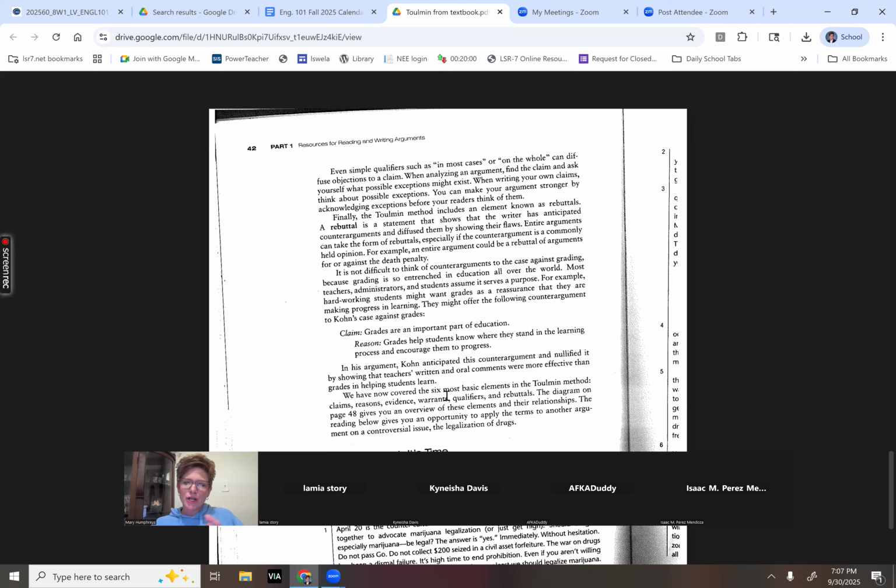Okay, so the Toulmin model is much different than the Rogerian model, right? In Rogerian, you're trying to get to that shared common understanding. Here, you're like, okay, here's your side of the argument, and here's where you're wrong, right? We're definitely trying to win or persuade them to our particular side. And so there you'll see a counter argument, and then you're going to see a rebuttal or a refutation of that particular side of the argument.